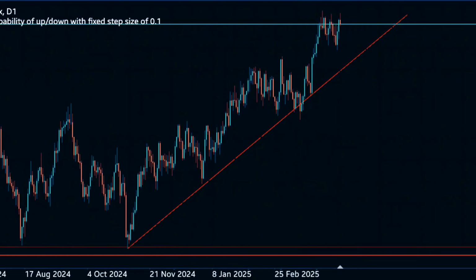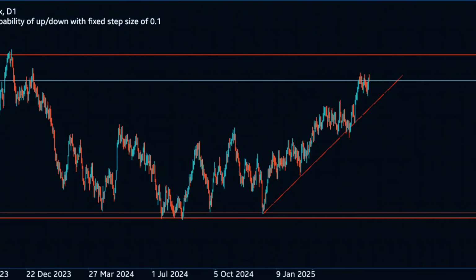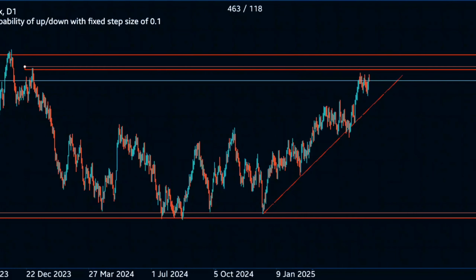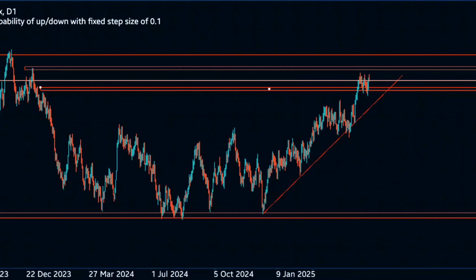So in an uptrend, let me see. Okay, so this is a daily resistance over here. This is a daily resistance over here. We haven't gotten there. We are shy from it. All right, that's daily resistance.